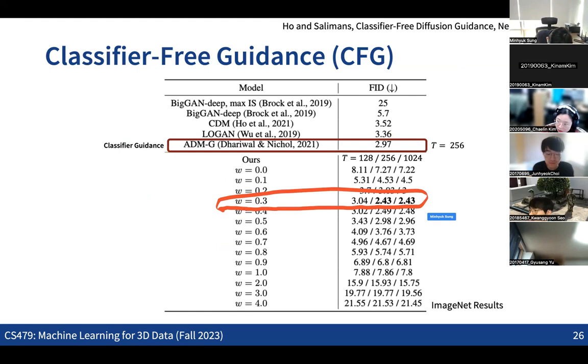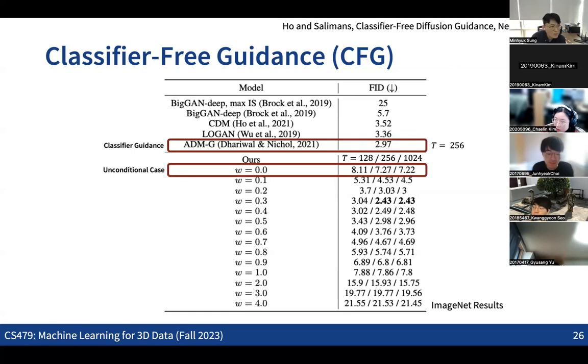So in this case, when you give some strength to the conditional noise, we are even getting better results than the classifier guidance. While when you have different weights here, sometimes the quality gets really worse. So depending on which weight W we choose in the classifier-free guidance, we can even achieve better results than with the classifier guidance. This is a very practical idea for how we can leverage the extra class label information to get good quality in the generation.